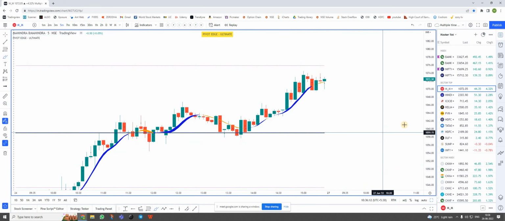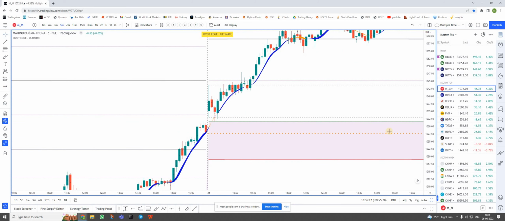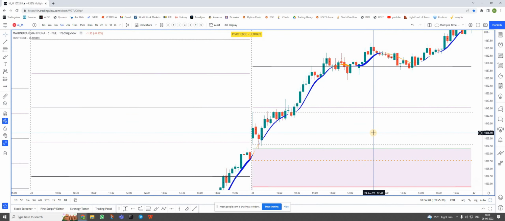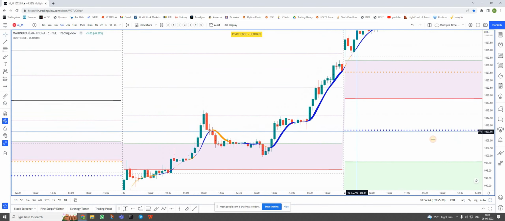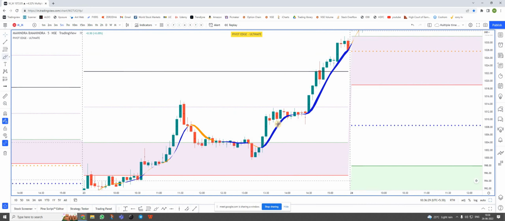As the name suggests, I have created a ribbon which is going to give you a guide to the trend. What is the prevailing trend? So same stock we will take, Mahindra and Mahindra. See here there are two colors for this ribbon. One is blue and the other is orange. Whenever the ribbon is in blue color and the width is a little bit more, and if it is pointing upwards, trending upwards,